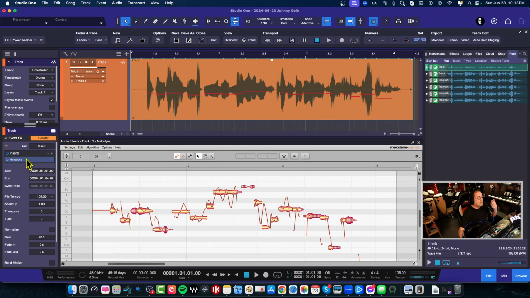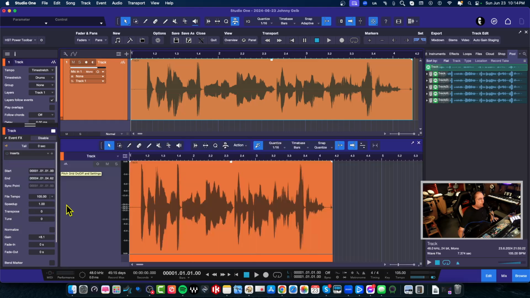So now if you want to get rid of this completely, you can either use the keyboard shortcut that I showed you, or make sure you click on the event, right-click on Melodyne, and say Remove. Boom, done. So those are all of the different ways you can add Melodyne, you can render Melodyne, you can undo the render, which is nice, because if you do a Control-B and you bounce the Melodyne, you can't undo it after that,